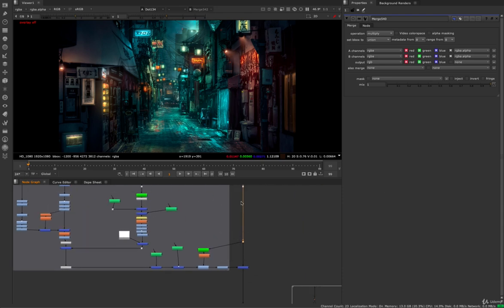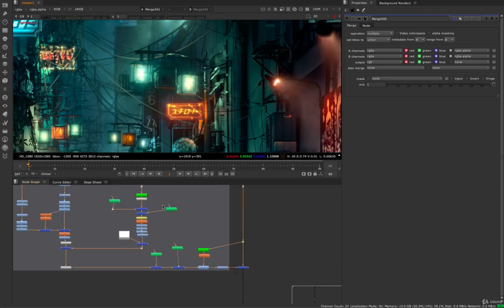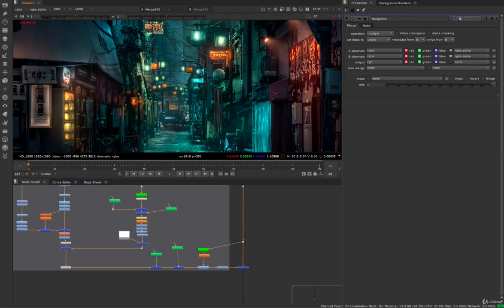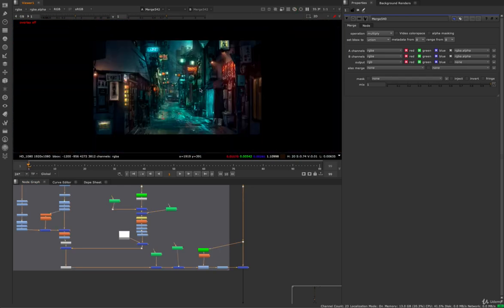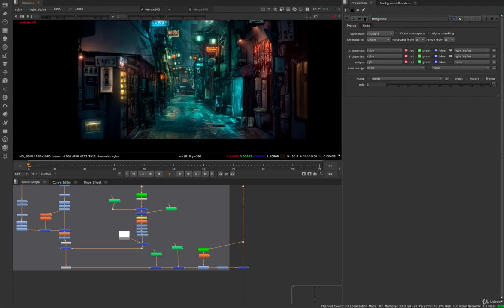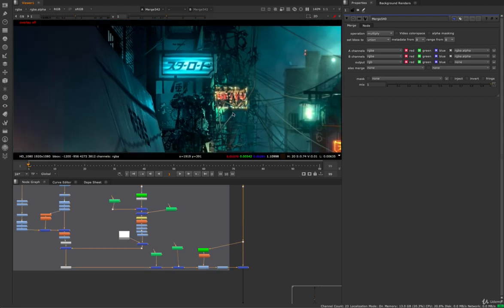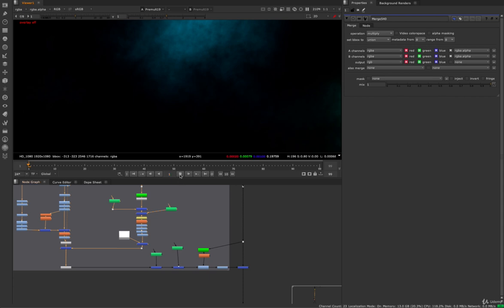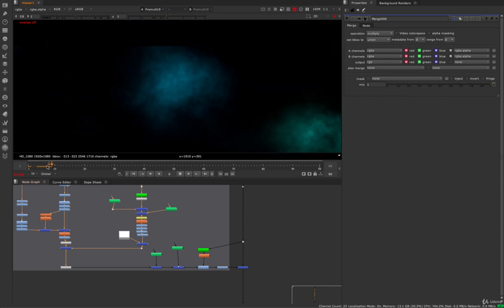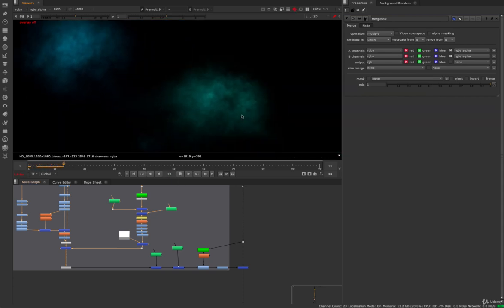The next thing we're going to talk about is some of these lamps that have mist in front of them. So now that we have a little bit of fog in the background, essentially what I did was, considering that layering technique I told you guys about, I started to think about these mid-ground lamps, and I wanted a little bit of fog blowing in front of them. So I've animated this so that these have a couple different layers of fog